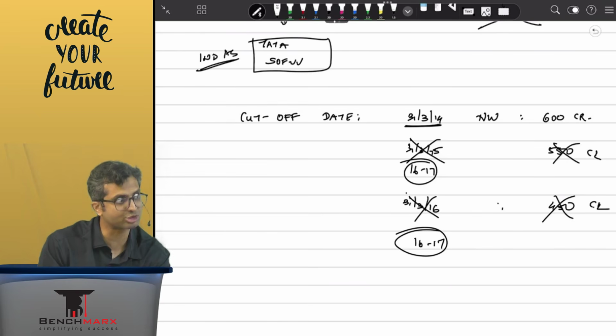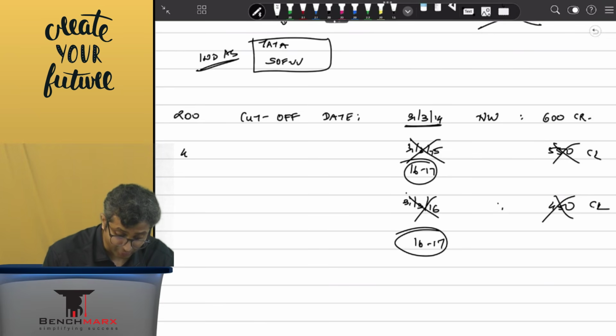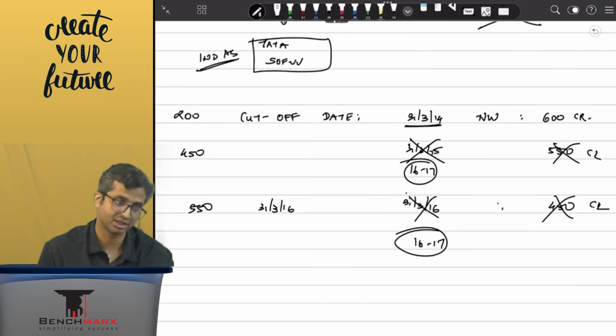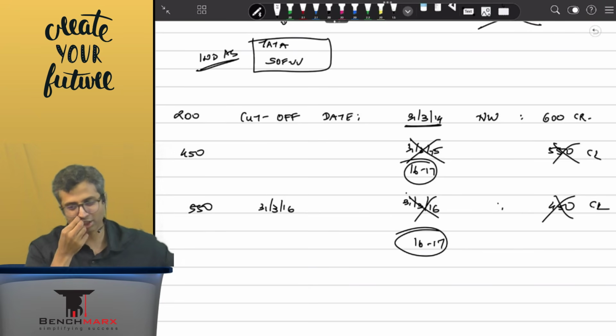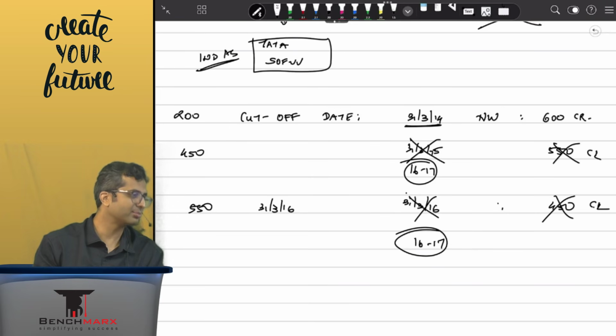The general provision is the last audited balance sheet. So if your net worth was, for example, 200 crores, Ind AS is not applicable. Then your net worth increased, let's say it became 450 crores, and then it increased further and became 550 crores on 31st March 16. Then will you apply Ind AS in the year 16-17? Yes. So that is for first-time adoption, and this will be a little confusing,